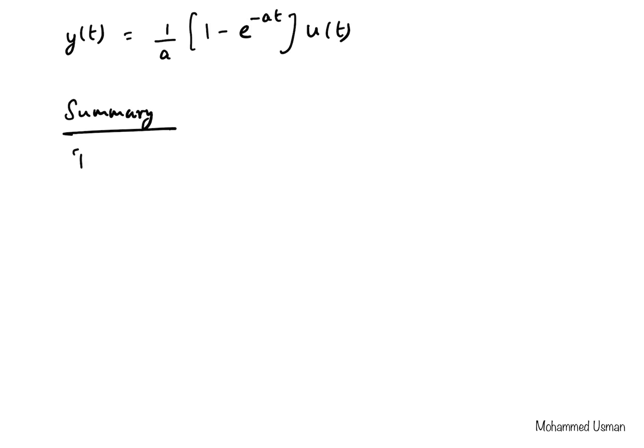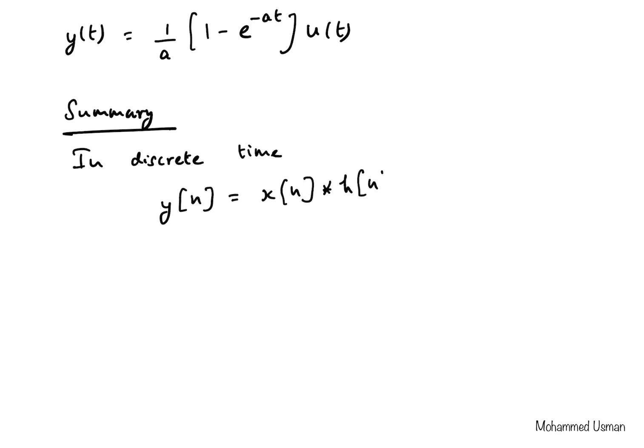In discrete time, we represented the convolution sum y of n as x of n convolved with our impulse response h of n, which is the summation of x of k times h of n minus k for k equals minus infinity to infinity. And in the continuous time case,